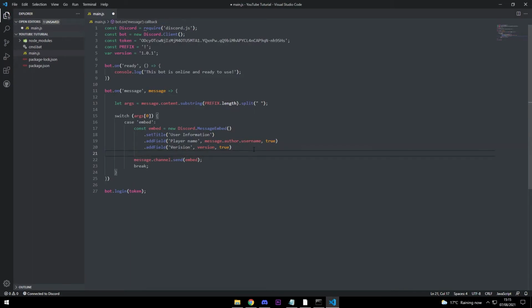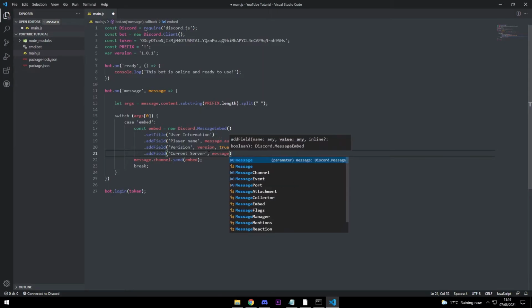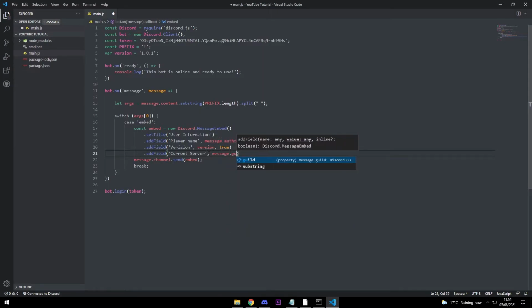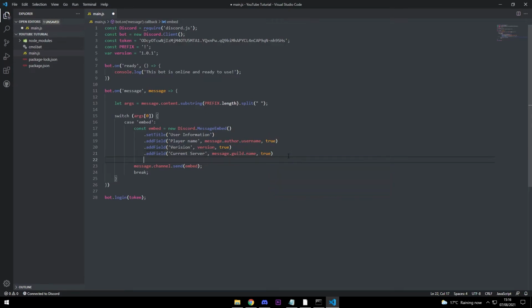And we're going to enter again, because we're going to do .addField again, so we should have three .addFields. In this .addField we're going to be doing current server. I don't know if that's how you spell current, but okay. It's current server, and we're going to come out of that and do message.guild.name, and then a comma and true at the end, because we want it to equal true. And then we're going to be doing .setColor,